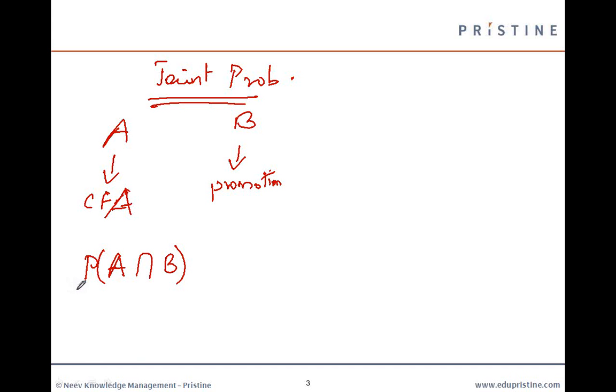session? So joint probability is trying to ask questions such as, what is the probability of simultaneous occurrence of two or more random events? Here, once again, you're talking about events of interest. One event of interest is you passing the CFA exam. Another event of interest is you getting promotion. Mathematically, it is denoted by this notation, P of A intersection B. This operator is called the intersection operator. Santosh asks, is it similar to sets? Yes, it is very similar to sets.